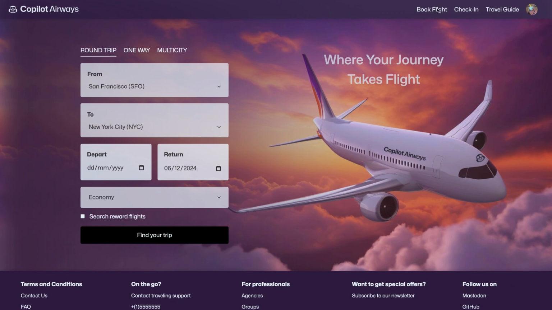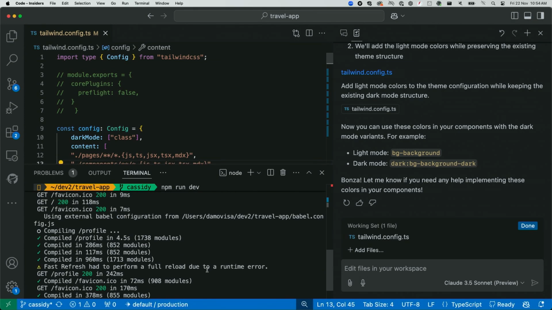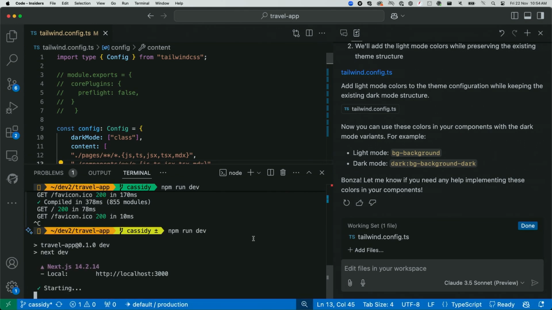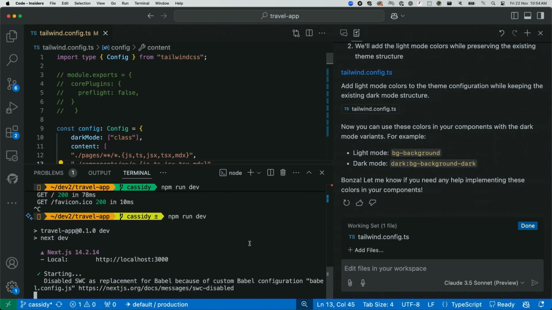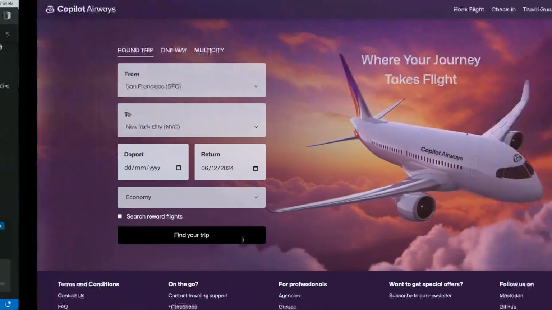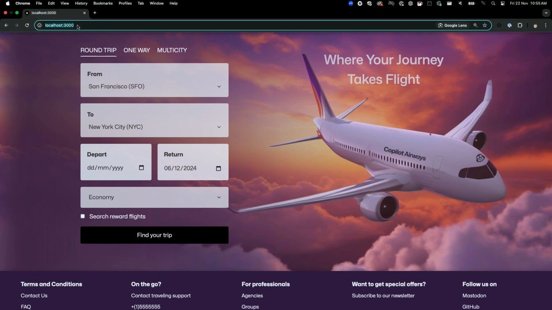Oh, what's going on? It's not responding. Oh, you don't want to see all that. Book flight, check-in, okay. Let's just open the terminal and see what's going on. You know what? I'm just going to do this. npm run dev. I knew this was a bad idea. All right, let's run it. I was using Babel to do some cross-compilation and stuff like that. Ready. Let's get out of full screen mode. Oh, the browser's like gone. All right. Try it again.